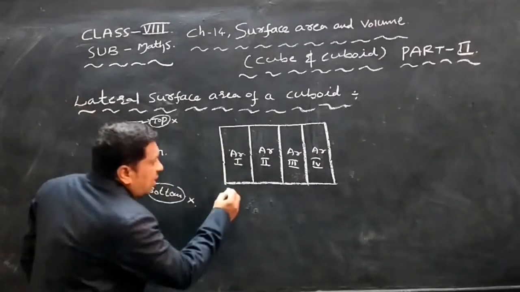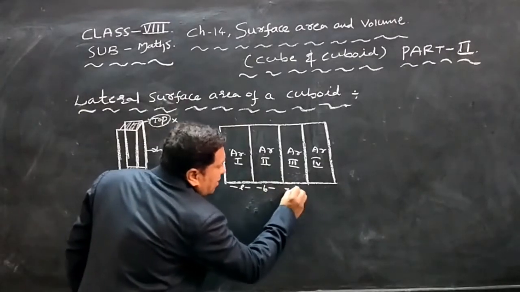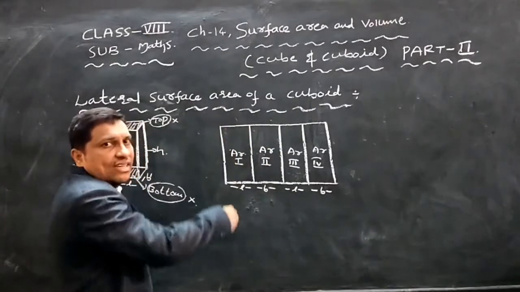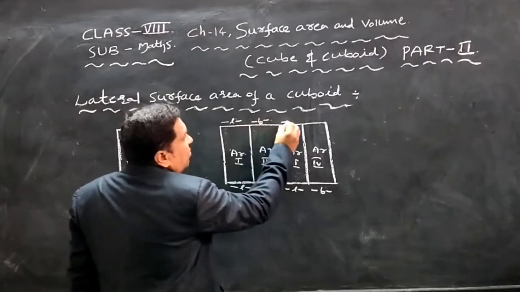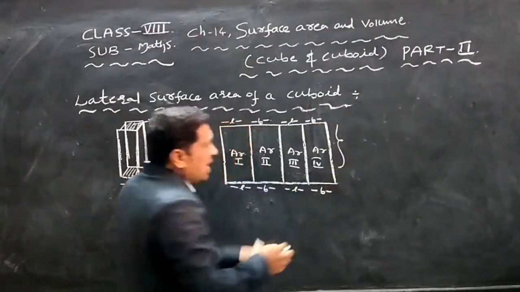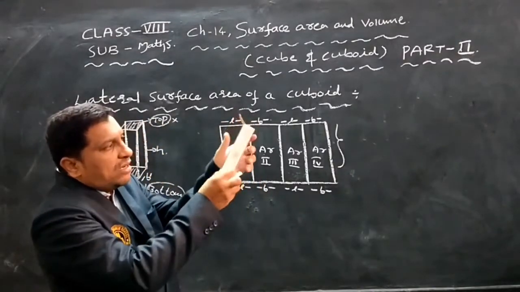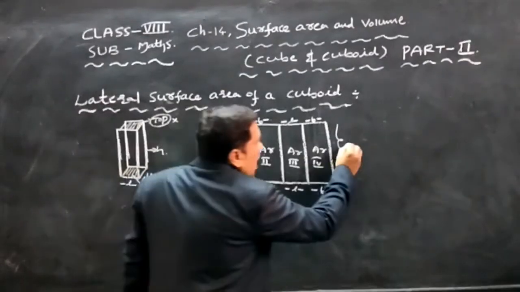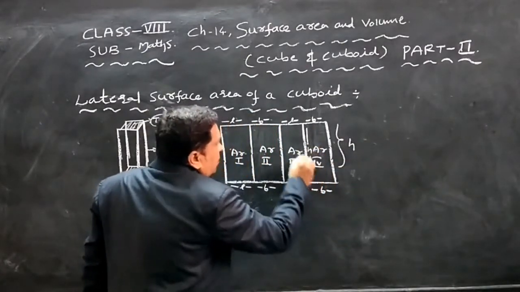So this is length and this one is breadth, as well as this one is length and this one is breadth. The remaining are the same, opposite sides are also the same. Again this one is length, so this one is breadth. What about this one? This one is height. So this is the height of the cuboid box. These are the corners 1, 2, 3 and 4. This is the height of this particular cuboid.